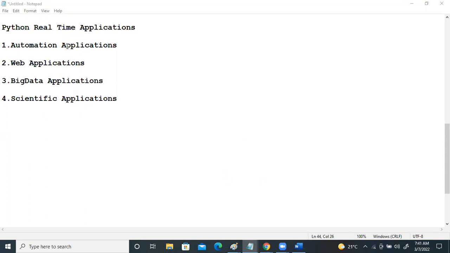So there are many applications for Python, right? Not only this, we have many applications. I'll be listing out all the other applications, but before that,